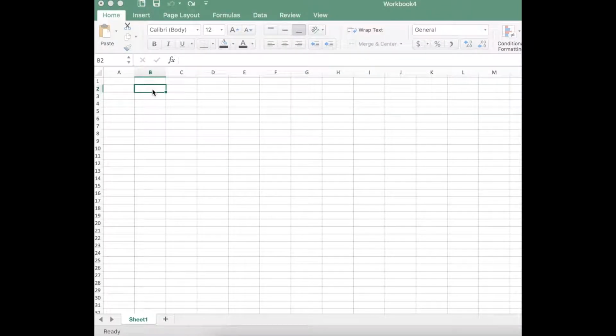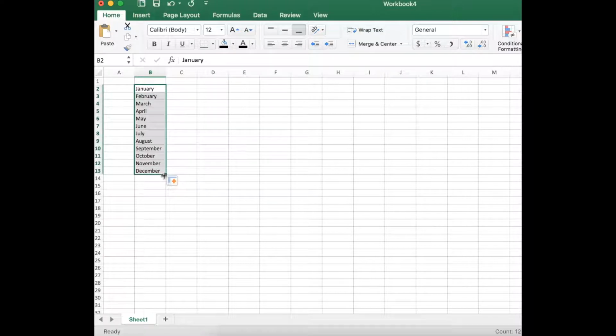Creating a validation list. For my example, I will be using the month of the year. I will have two sheets. This is what's going to be visible to the end user. And for the second sheet, I will be keeping it invisible so the users cannot see it, but you don't have to do this. It's just my preference. Starting with the first month, then dragging down so we can go all the way to